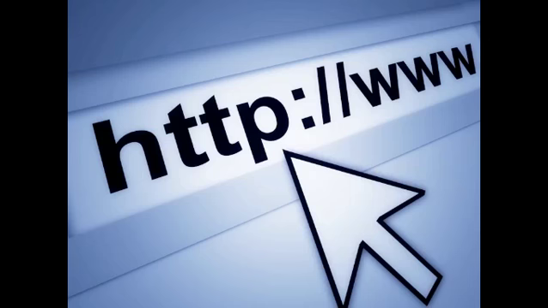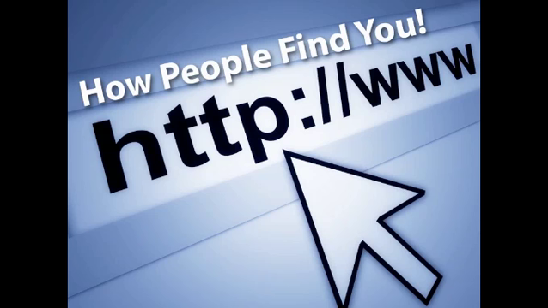And this time we're talking about choosing your domain name. Now, basically, your domain name is how people find you. It's your address. That's why it's called a web address. Just like your home has an address so that the post office and your guests can find you. It's the exact same thing online. Your domain name is exactly how people locate you.